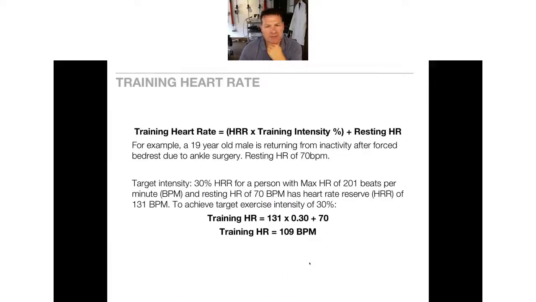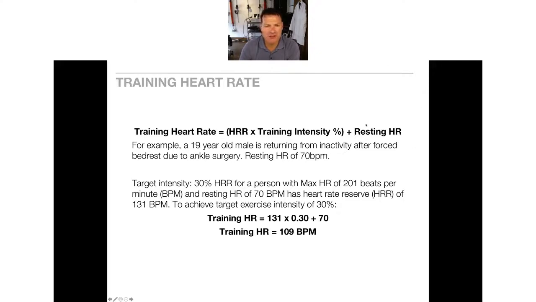After I've done that, I'm going to take that heart rate reserve and multiply it. We usually start off with 30% heart rate reserve. So I'm going to take that heart rate reserve, then multiply that times 0.3. That's my starting intensity. And then I'm going to add their resting heart rate back in, whatever I got from